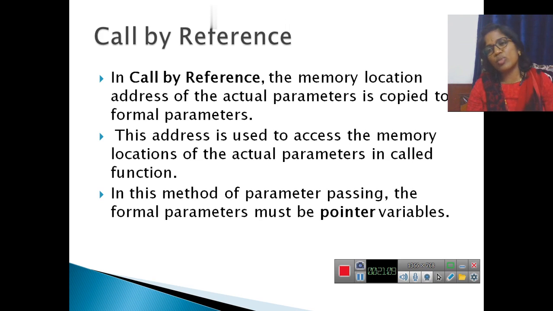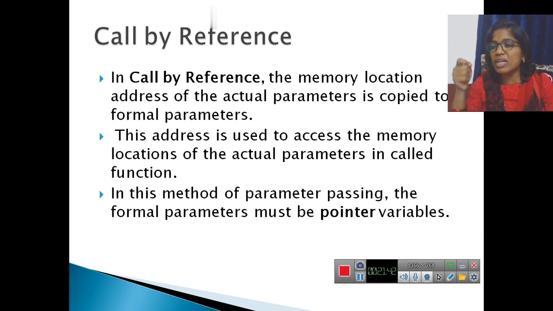So next is call by reference. Otherwise we also call it call by address, because here, instead of passing the value, we pass the address of the parameters. Here we have to learn one more thing. A is a variable, so that variable holds a place and it will have an address.